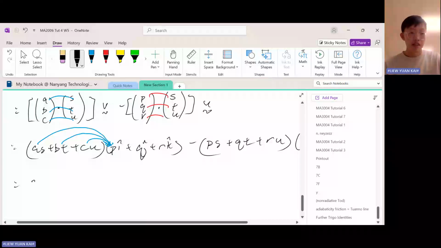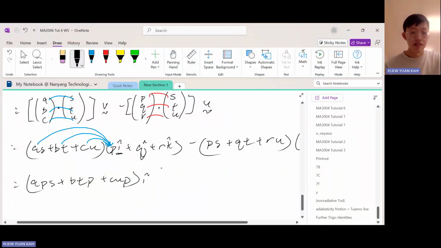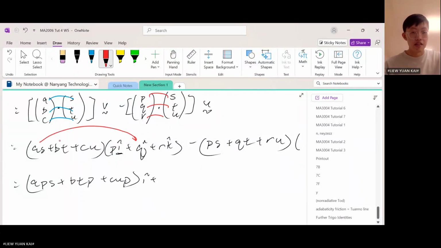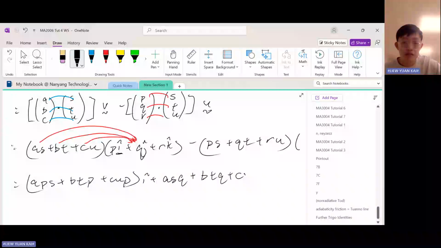So if you do that, you get APS plus BTP plus CUP, and then this whole thing, don't forget you have a unit vector. Okay, then do the same thing with the J component this time. Meaning you say this, this, then this. So it'll be ASQ followed by BTQ followed by CUQ,